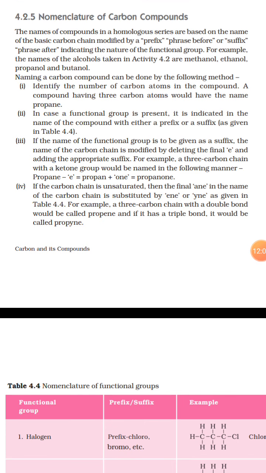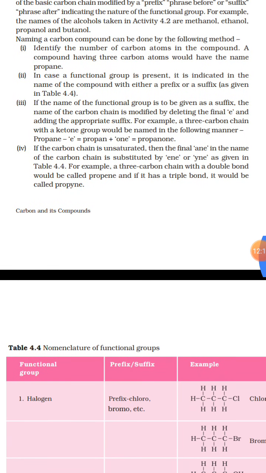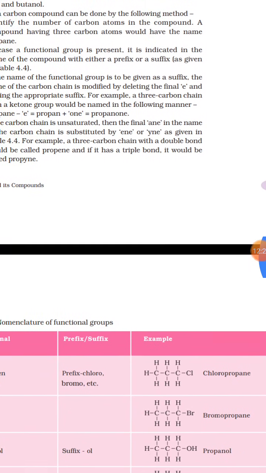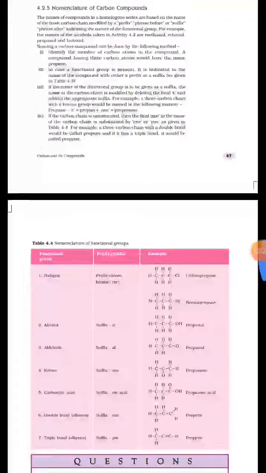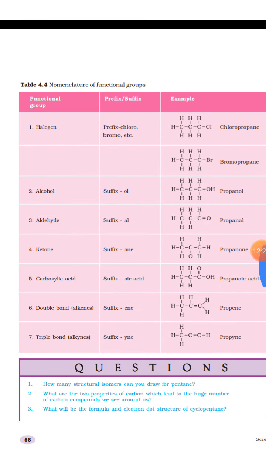In case a functional group is present, it is indicated in the name of the compound with either a prefix or suffix as given in the table. Students, a prefix or suffix is added. Now we can see the table here where the prefix and suffix are given. This table shows the prefix and suffix. Students, see here,